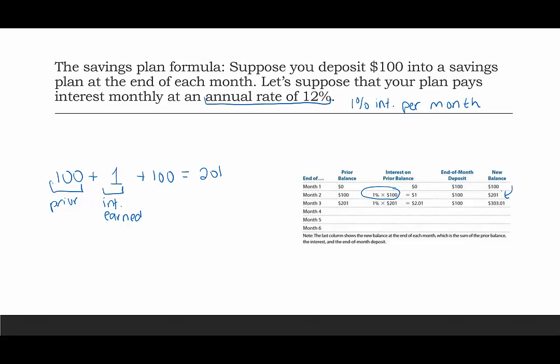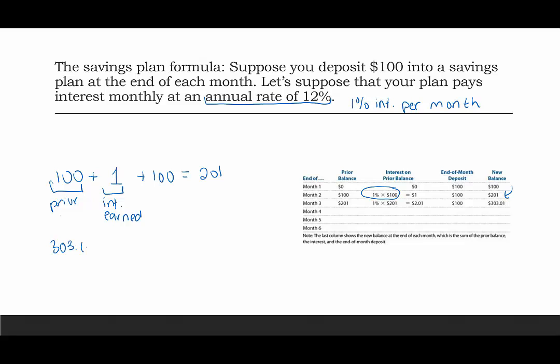Okay, we can do this same process to figure out by the end of month three, the initial balance, the prior balance was $201. 1% of that $201 is $2.01. We make another $100 deposit. And by the end of month three, there is $303.01. Let's also calculate this by the end of the fourth month. How much will we have? So we take that prior balance,